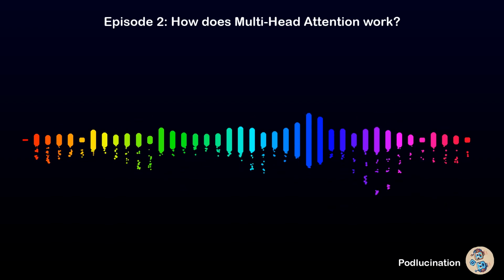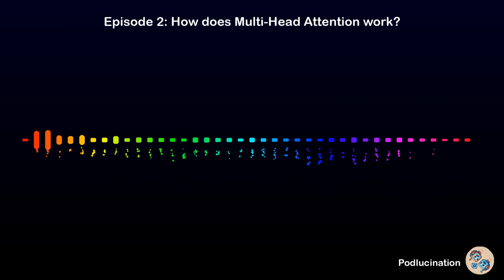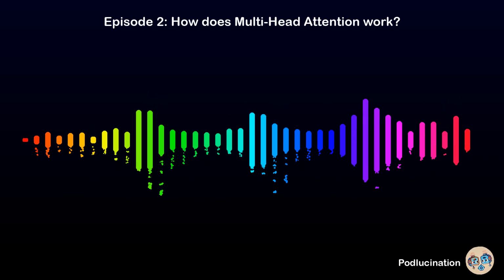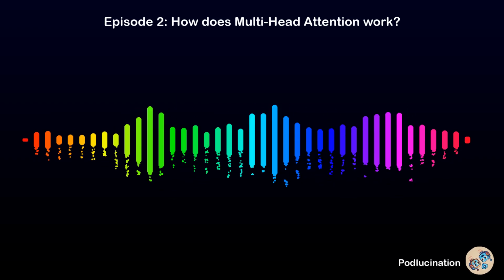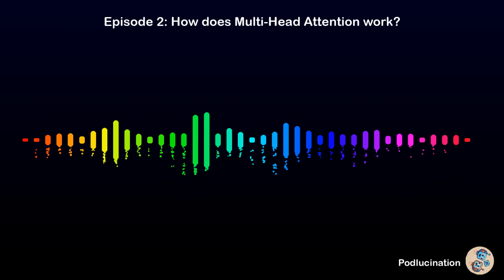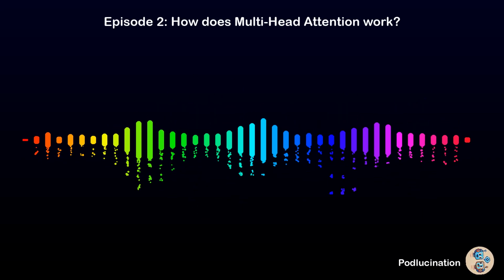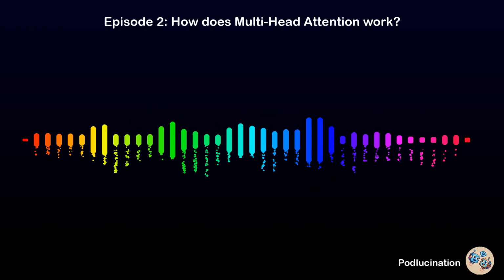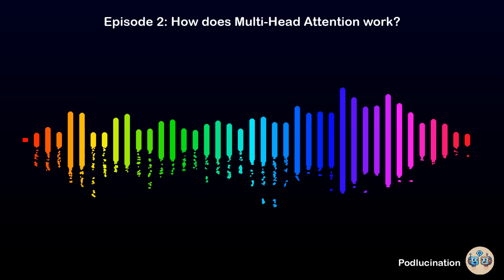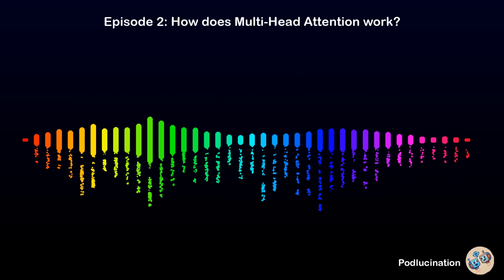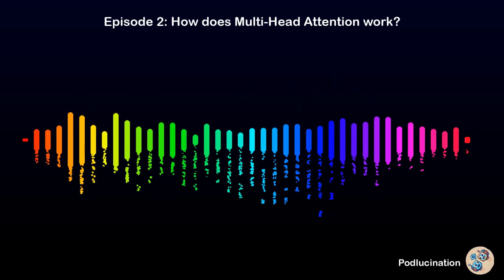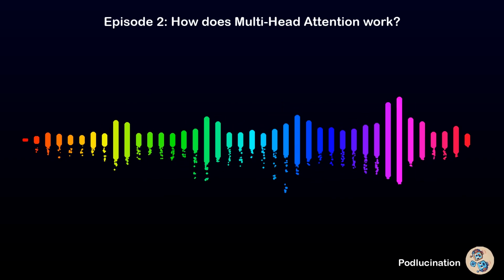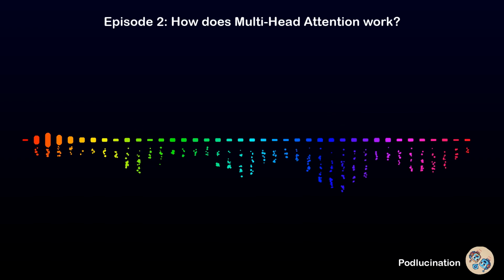It's all about perspective, or rather multiple perspectives. Instead of relying on a single attention mechanism to process information, we have several of these mechanisms, each with its own set of queries, keys, and values working in parallel. Each head can focus on a different aspect of the input, like a team of experts analyzing a problem from different angles. Okay, I'm starting to get the picture. It's like having a linguist, a grammarian, and a logician all working together to understand a sentence. Precisely. Each head brings its own unique expertise to the table, allowing the LLM to capture a richer, more nuanced